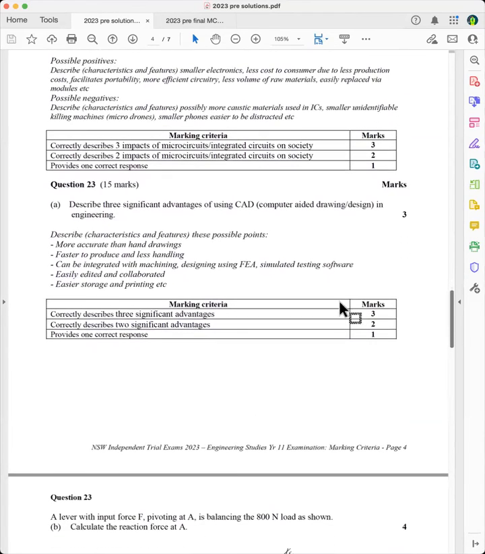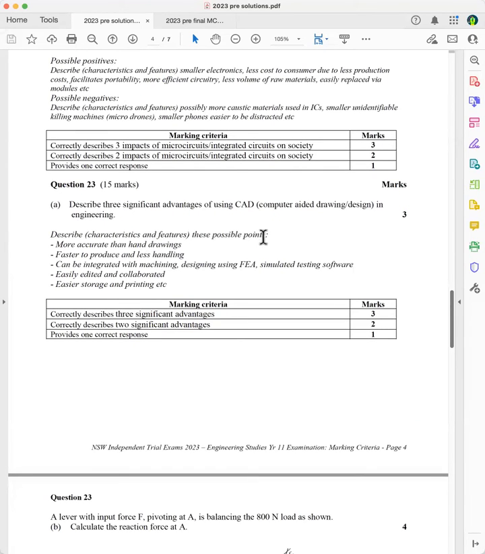Question 23, describe 3 significant advantages of using CAD, which is computer-aided drawing, design, and engineering. Once again, you describe, and the characteristics and features. Now, I didn't put a description here. You've got to, if you just say more accurate than hand drawings,